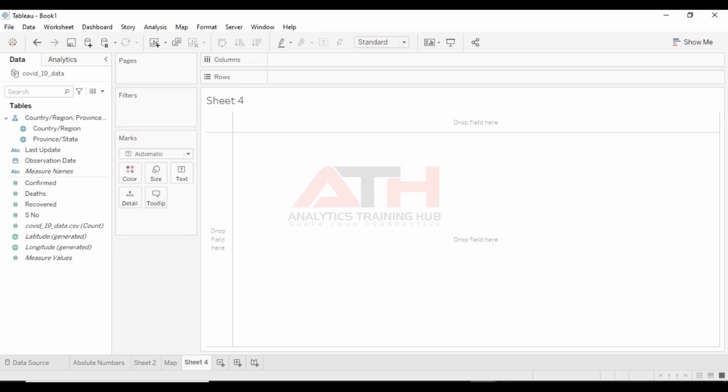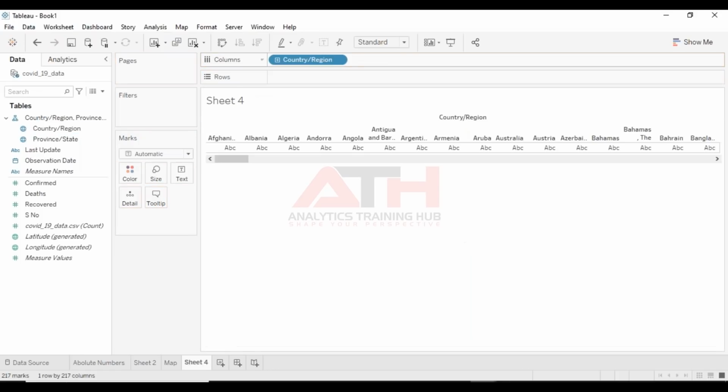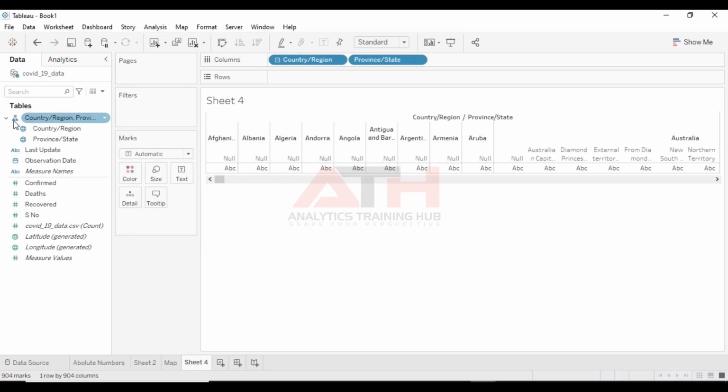So let's say I have a country. Again, you can see a plus option here because Tableau provides you this option of drilling down, which is called a hierarchy. As you can see, this particular symbol on the left, where my arrow is pointing, just next to the country and region, is the hierarchy feature. It helps us drill down the data.